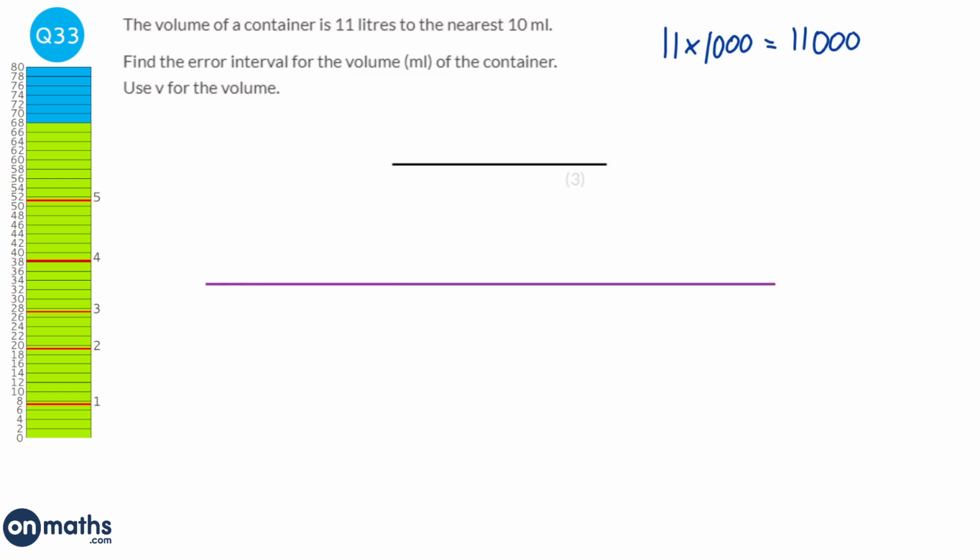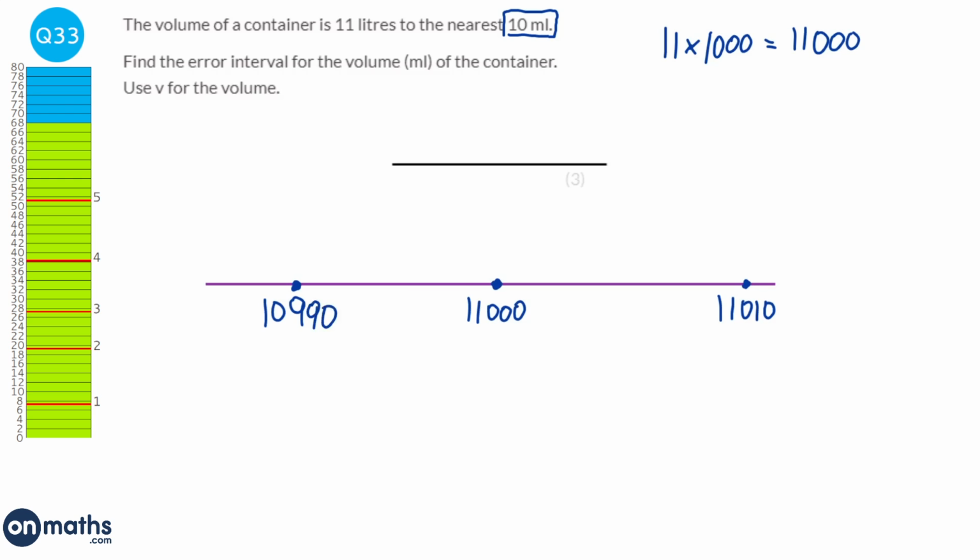And we're going to have the 11,000 in the middle. Now, what would be the next one down if we're looking at to the nearest 10 mil? So we're going to add a 10 mil on, which will be 11,010, and we're going to take the 10 mil away. So 11,000 take away 10 mil will be 10,